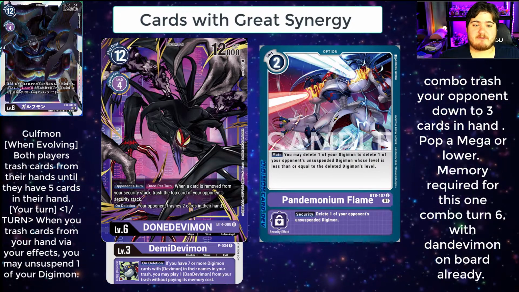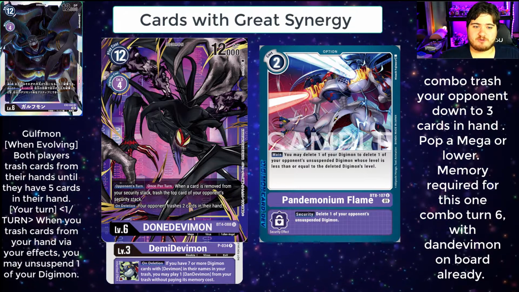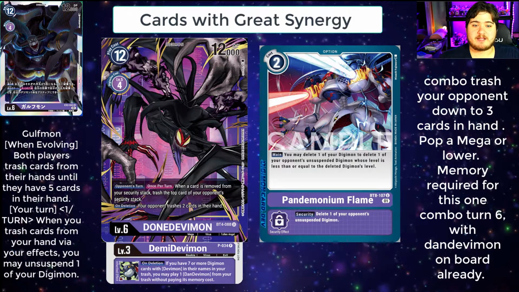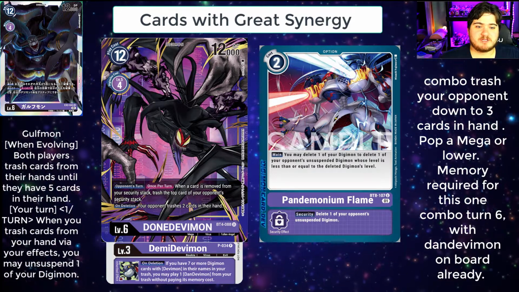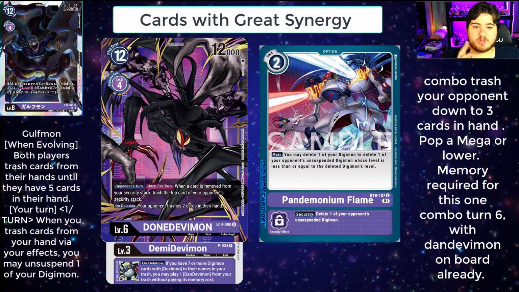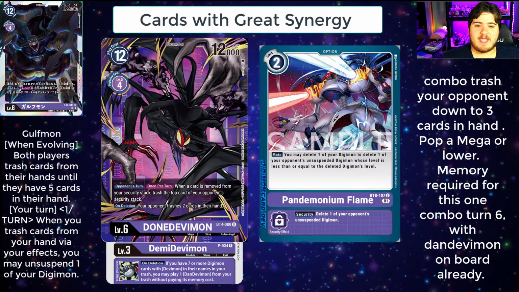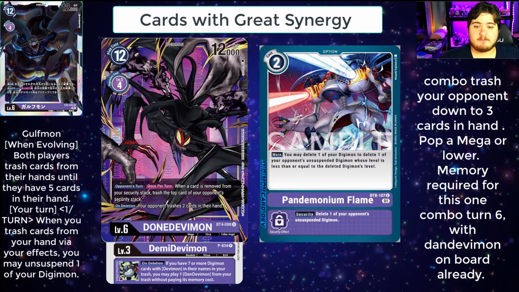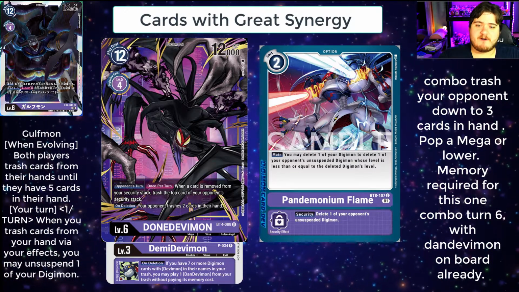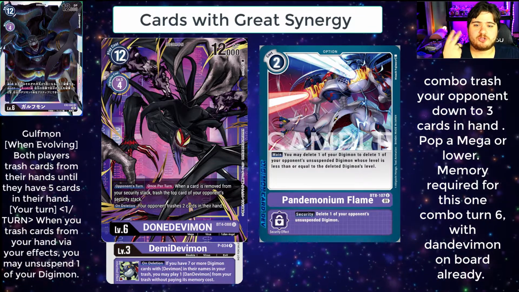So as long as you hit the 7 requirement, have Gulfmon on board after you digivolve into it. This requires at least minimum 4 memory to be able to play this off correctly, and then it'll pass to their turn, because we don't mind passing them down after we go Pandemian Flame and blowing up their whole board state. Even if you can just get that Don Devi out and not worry about the Devimon underneath it, you're fine. You still being able to pop their Mega off board, trash 2 cards from hand,